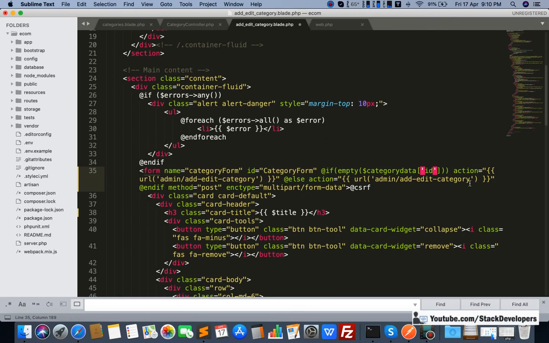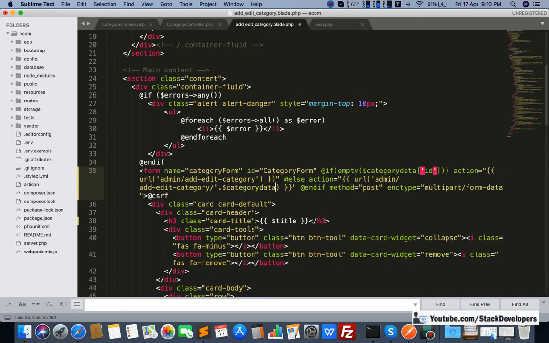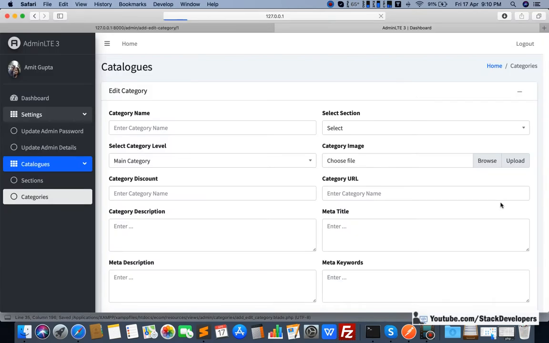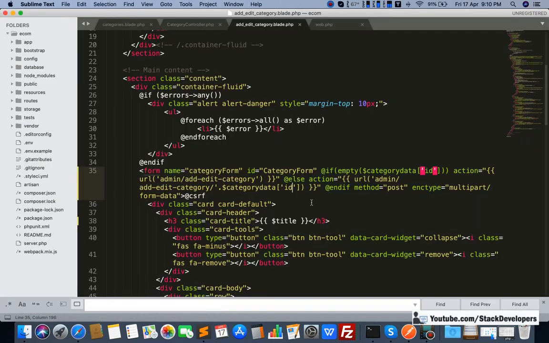And here we are going to use category data, and here our ID will come. Okay, like this. So now we can refresh and check once that everything is fine.